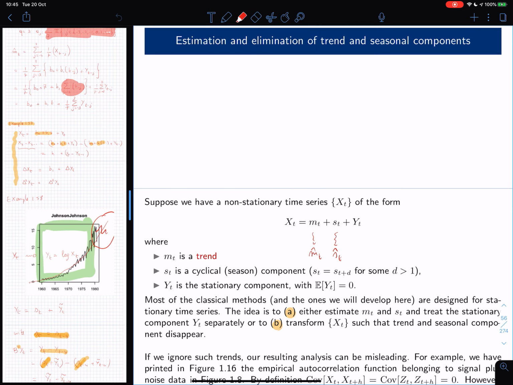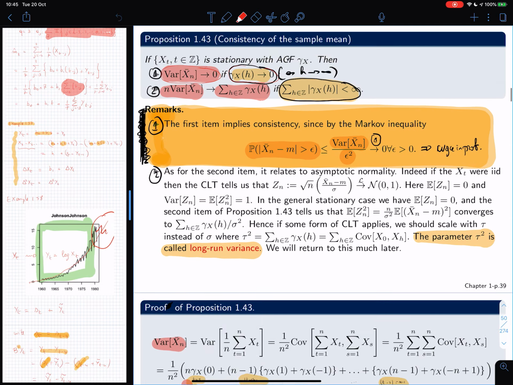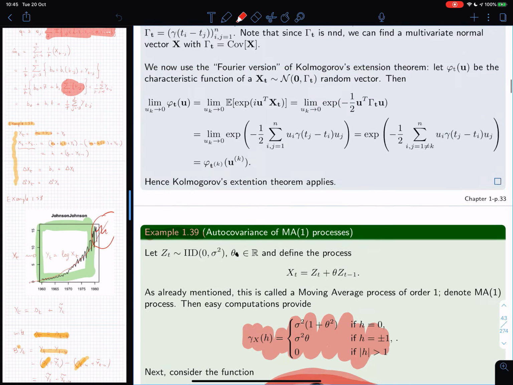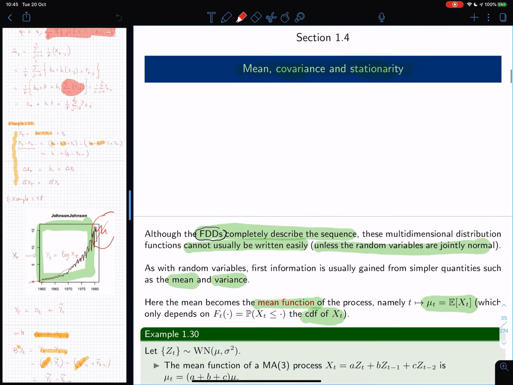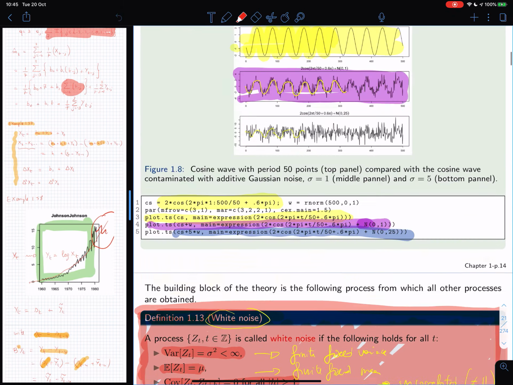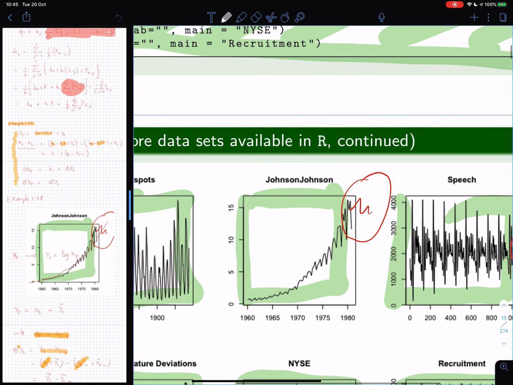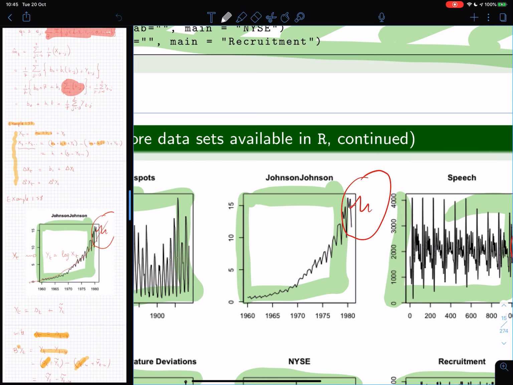So the idea is that when you receive your data, or when you look at it, for example, let's have a look at this data set here. What do we see? Well, we see that there is clearly some kind of exponential growth, and there is some kind of cyclical part. So it feels quite obvious that this data set is clearly not a stationary process,